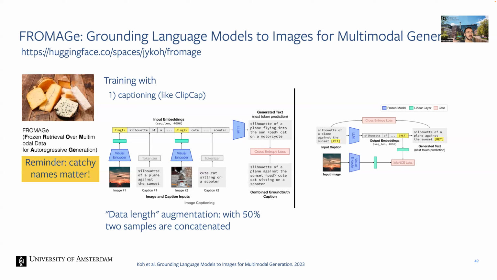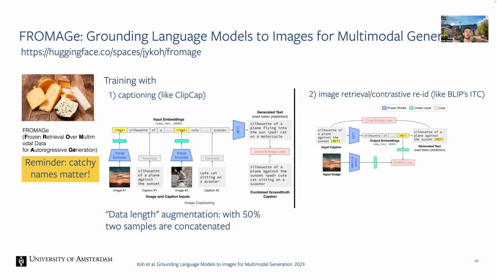And then they, in addition, have this image text retrieval or contrastive loss. So this is kind of like the image text contrastive loss. And what they do is they append a new token, which they call the red token, at the end of a caption. And then, so it's kind of like a CLS token, but it's not.